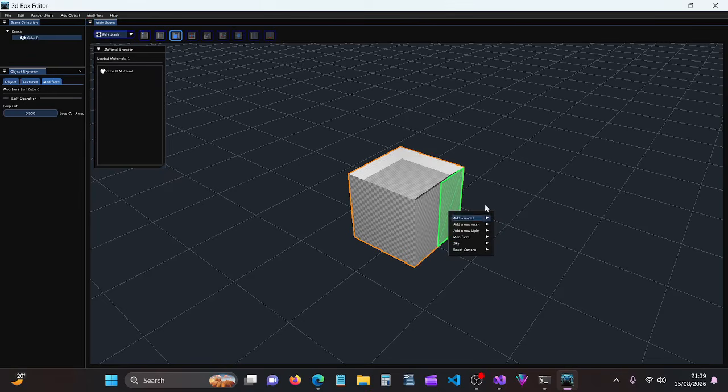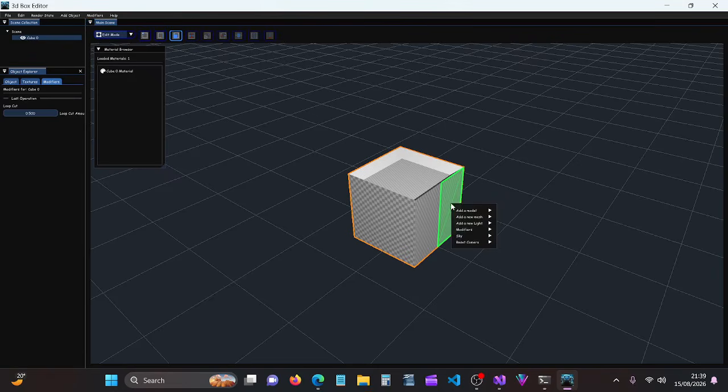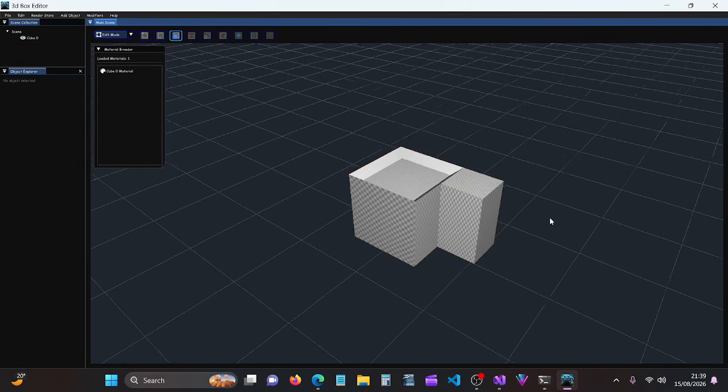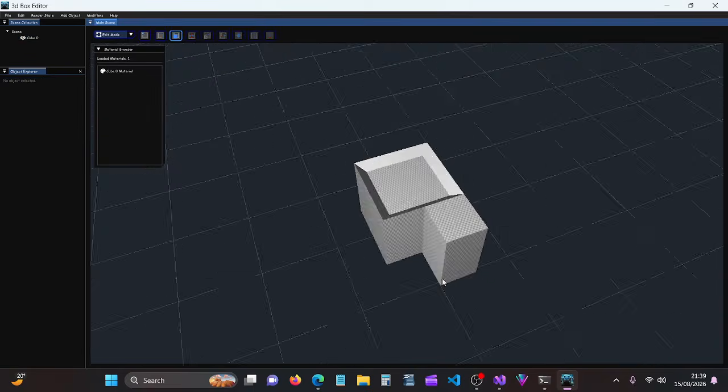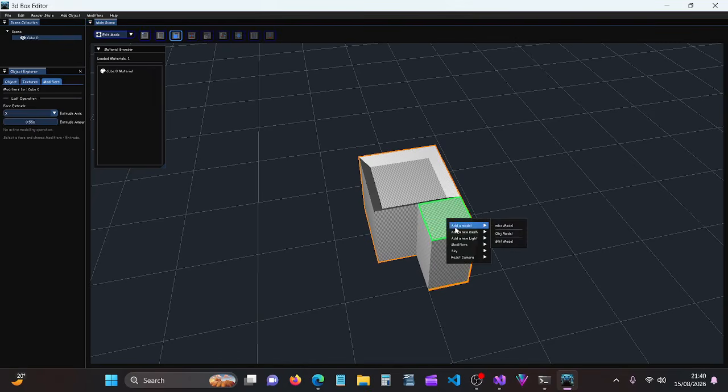No, that's not what I do. If you right click, it also clears the last operation and resets it back to where it was. Modifier, extrude, X, so we can have that like so. We could then select that top one there, we could inset that again,